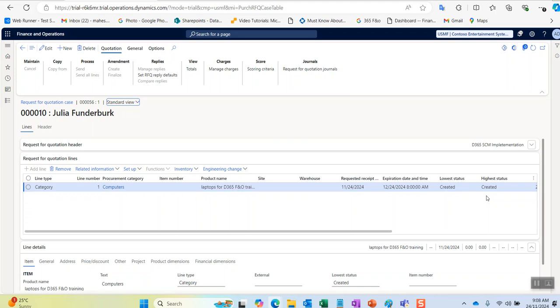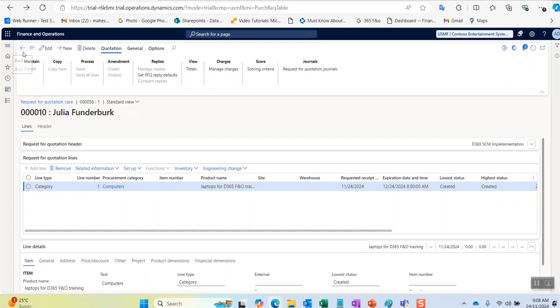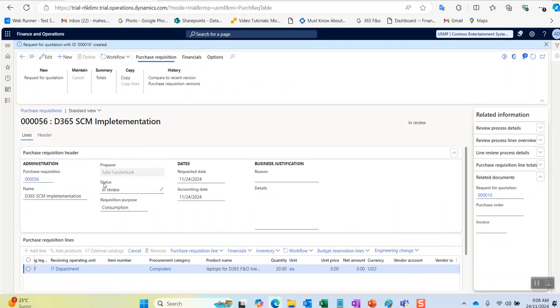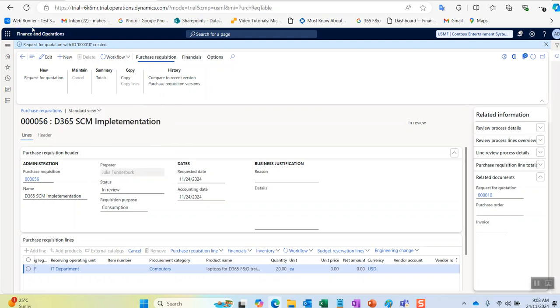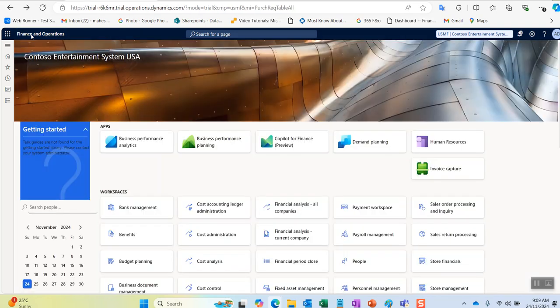Now you can see, please wait. Now this is the request for quotation. By default it opened from the particular purchase requisition form. If I click on back again, I will be back to the purchase requisition. The actual navigation for request for quotation is, let me go back to home so that you can remember the